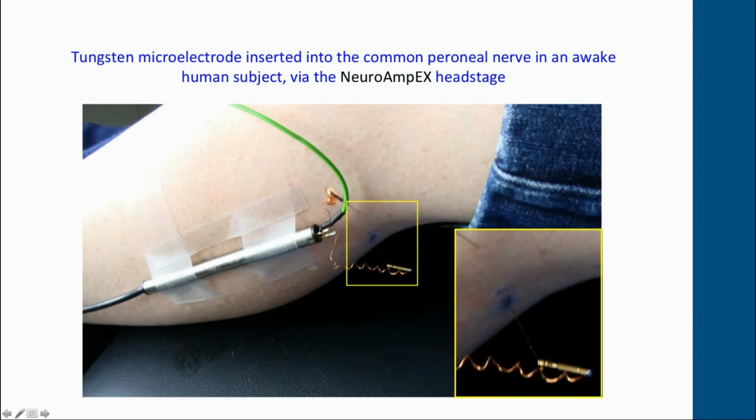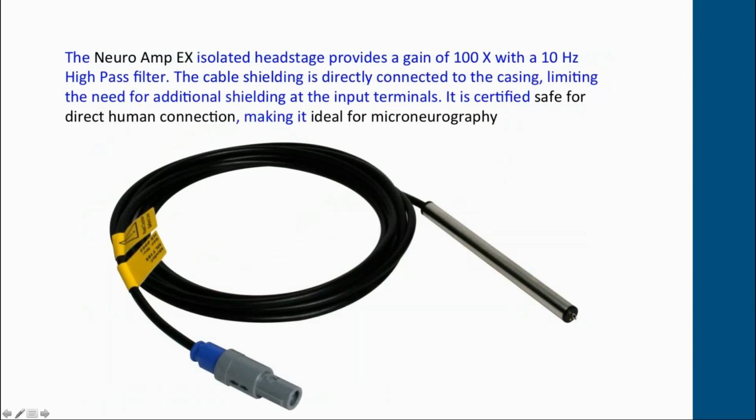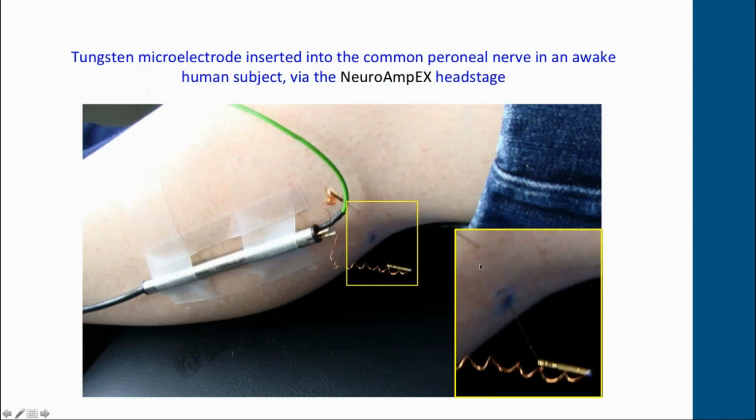What you can see in the green lead is attached, well, you can't see it, but it's attached to a simple silver chloride surface electrode, just a stick-on ECG electrode over the knee or anywhere. There are two electrode points, two electrode terminals. Let me just go back here. You can see here, we have a ground lead attached here, and this is a differential amplifier. So one of the inputs is positive, the other is negative.